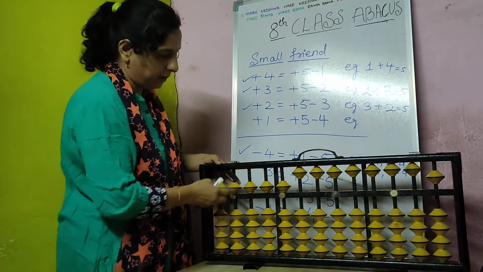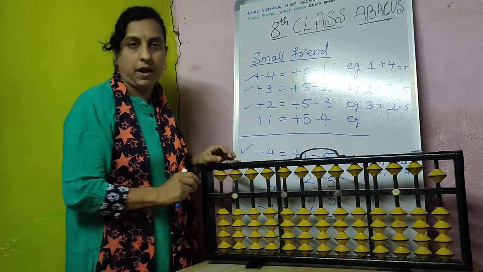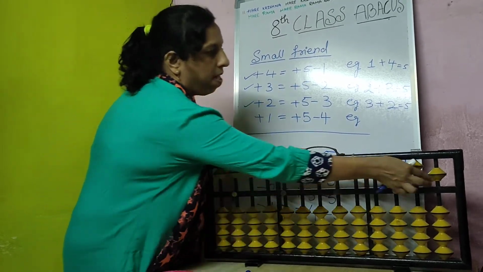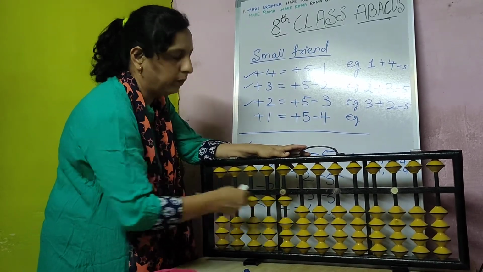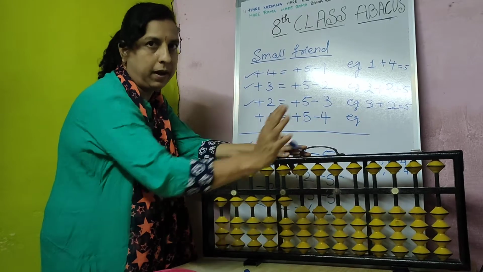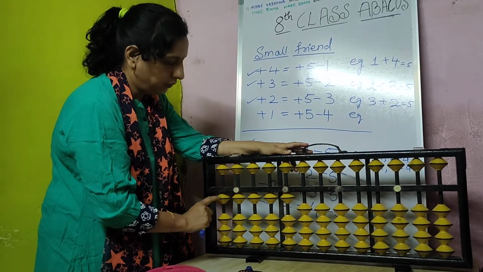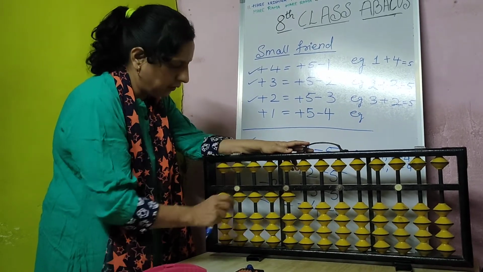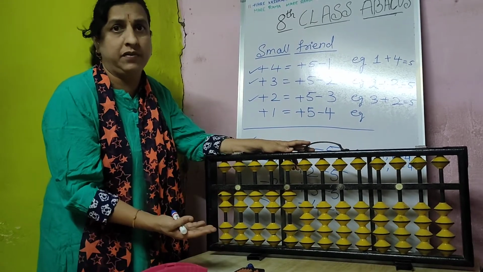Okay, now plus 1 is remaining. So how to do 1 here when the abacus value is 0? My abacus value is now 0, so I have to do 1. Directly I can do 1. You have to do the complete abacus; I have done only 5 rods. When there is 0, I can do 1 very easily. When there is 1, then also I can do 1 very easily, because sufficient beads are there.